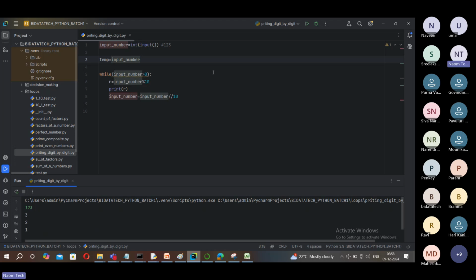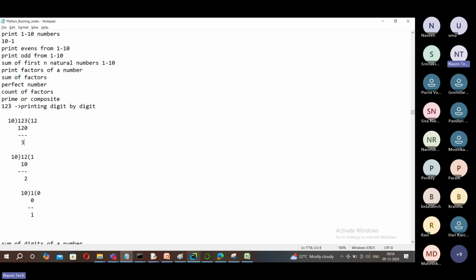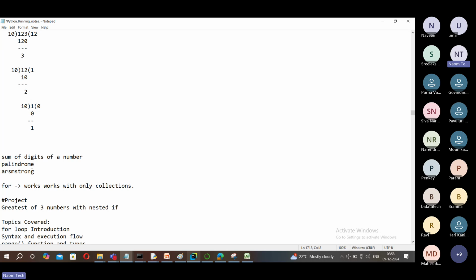Next, you can give any number. Suppose I give a 4-digit number, 1, 2, 3, 4. Now you can see 4, 3, 2, 1. So this is the idea. Once you understand this and apply all these logics, sum of digits of a number or palindrome or Armstrong, anything is simple once you get this